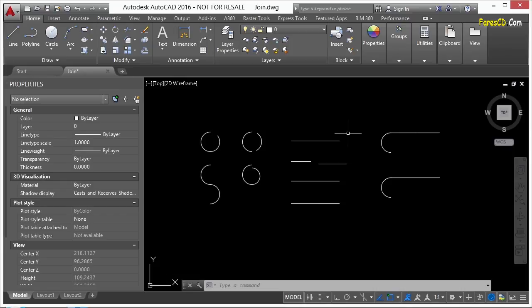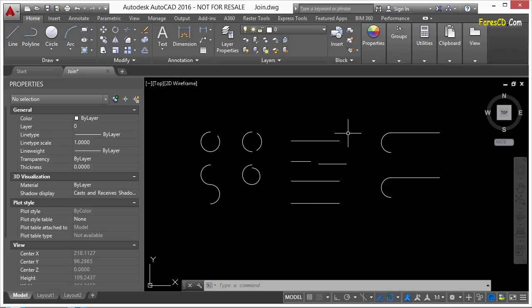Sometimes in AutoCAD, you'll need to group similar objects together to form one object. You can use the join command to do that. It'll form a single line between two broken lines. Now, some object types that you can join are arcs, elliptical arcs, which is a part of an ellipse, lines,